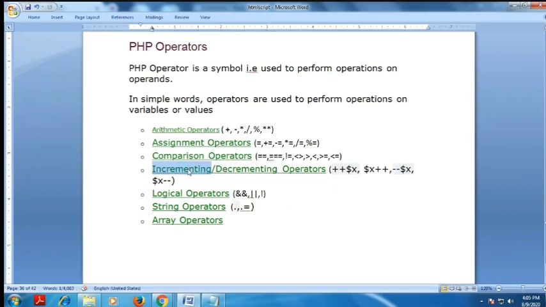But increment operators are used in two types: pre-incrementing and post-incrementing.